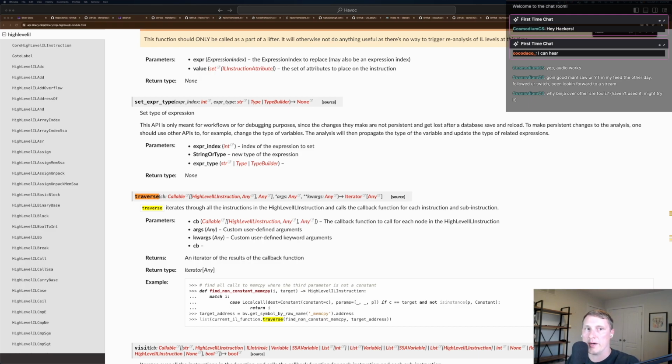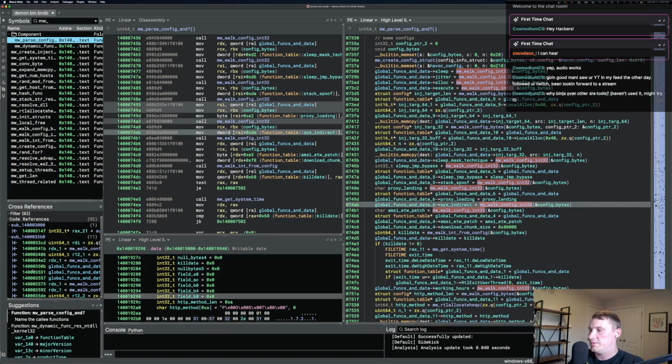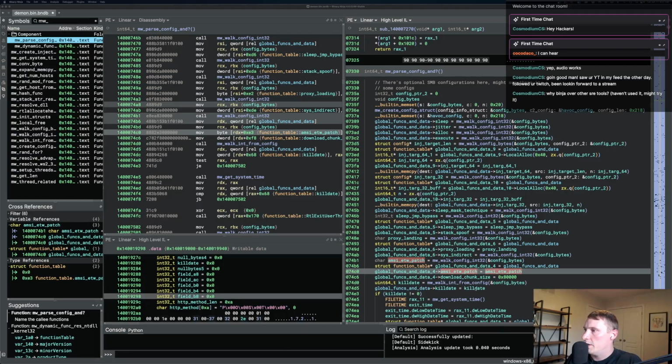Then, why Binary Ninja over other SRE tools? I haven't used it. Might try it. To be honest, I've just kind of been trying to use tools that are not IDA because I've been using IDA for so long. I've been using IDA for like 7 years probably. So it's kind of just trying out the different tools, and they have a really nice Python API. So that's the main reason. But I will be using IDA. What do you use, Cosmodium? I'm trying to organize my windows here. Okay, so